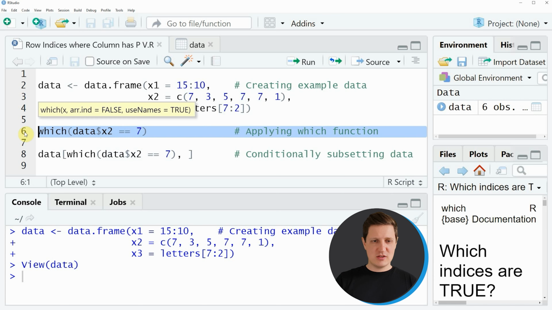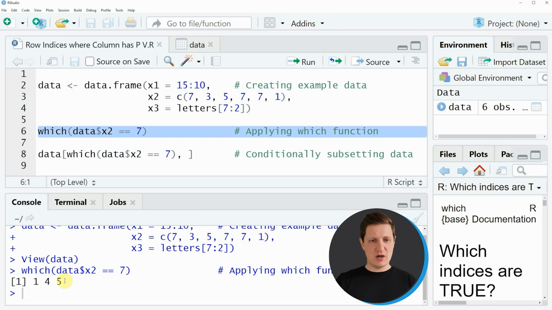So if you run line 6 of the code, you can see that at the bottom in the RStudio console, a new vector object is returned. And this vector object is returning the values 1, 4 and 5. So in other words, the first, the fourth and the fifth row of our data frame contain the value 7